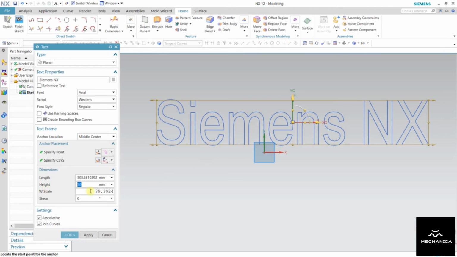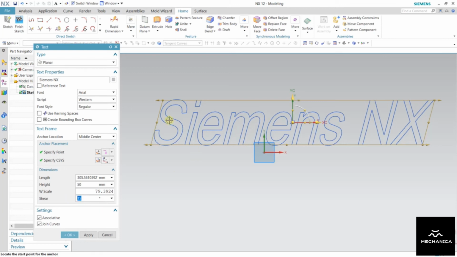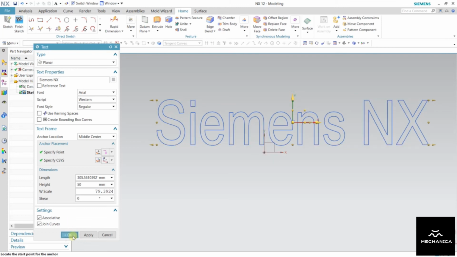We can specify the scale value and then the shear value. Scale value is basically the ratio, and when I specify the shear angle, let's say 15, press enter, all the text will rotate by an angle of 15 degrees. Right now I set this value as 0, press enter and click OK.